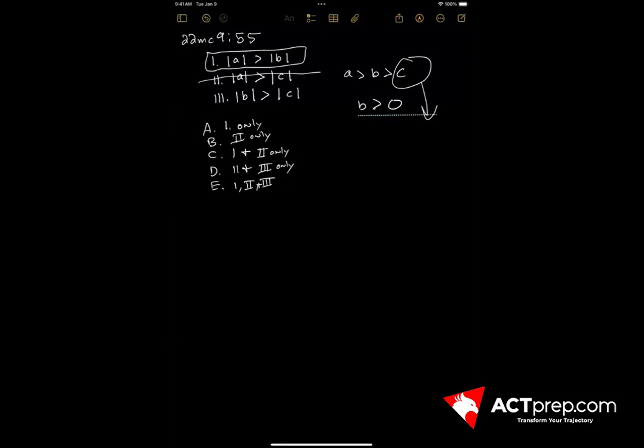And the same is going to be true for 3. We could make C negative 10. We could make B positive 1. And therefore, the absolute value of C, which would be positive 10, would be greater than positive 1. So we can eliminate both 2 and 3, meaning that only the first one is always true, which is answer